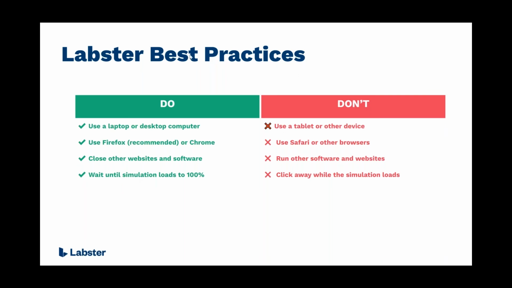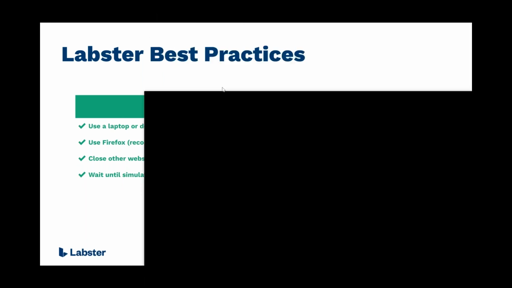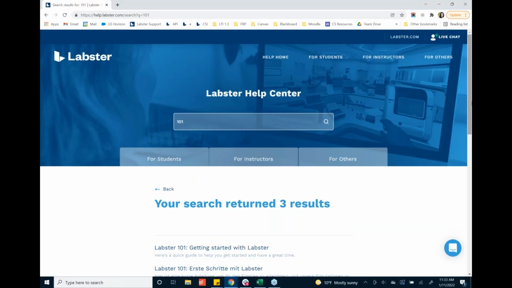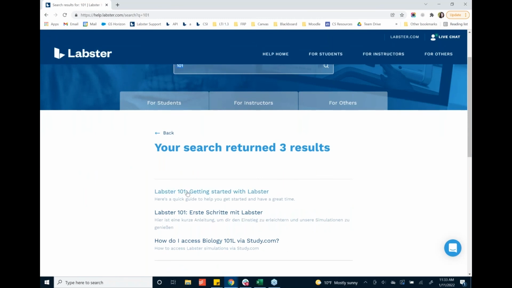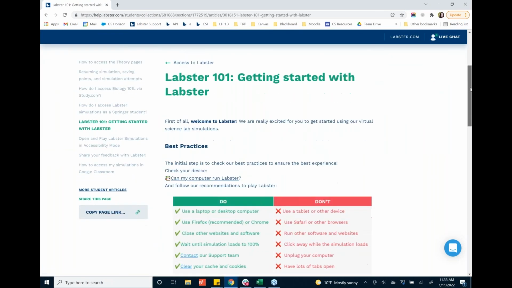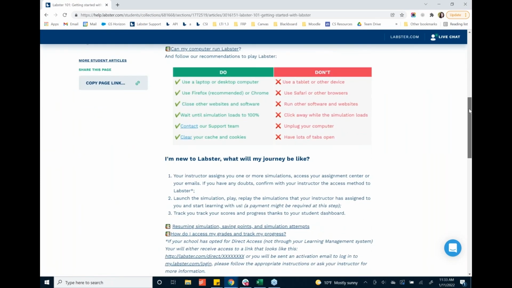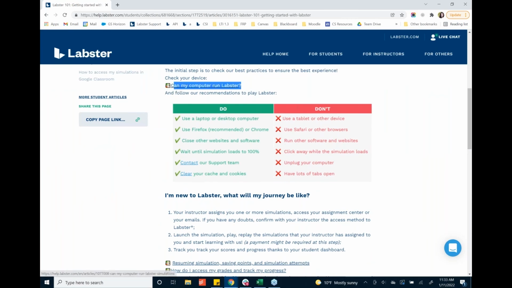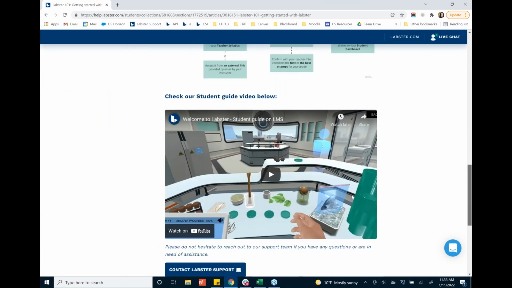Alrighty, and these best practices are available on our Help Center website. If you search for just 101, the Labster 101 Getting Started with Labster article, I think is a really great article to share with your students. It includes best practices, like can my computer run Labster? And then here's just a high-level overview of students